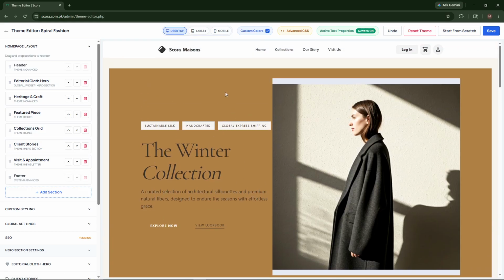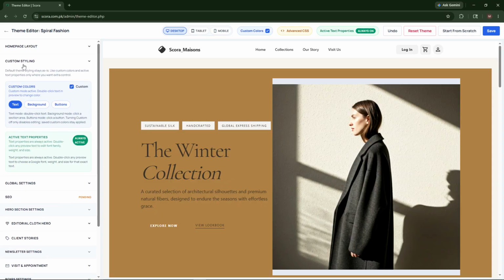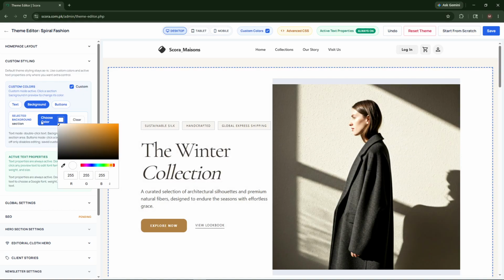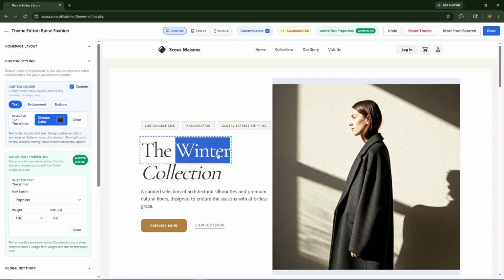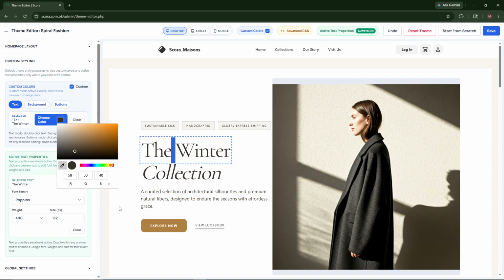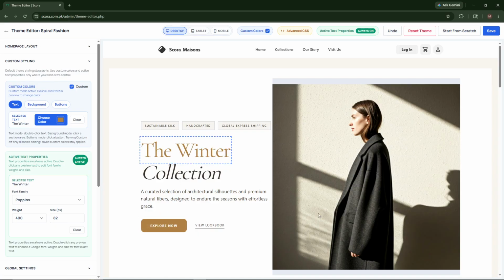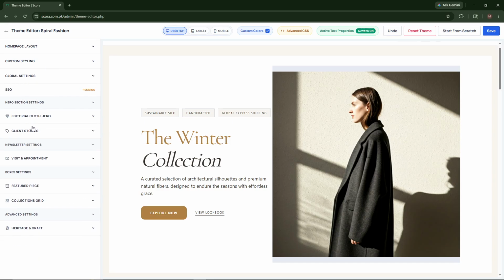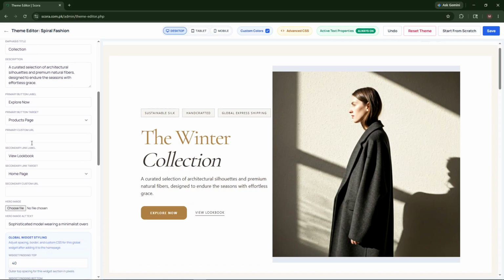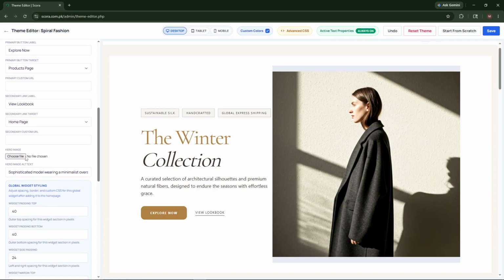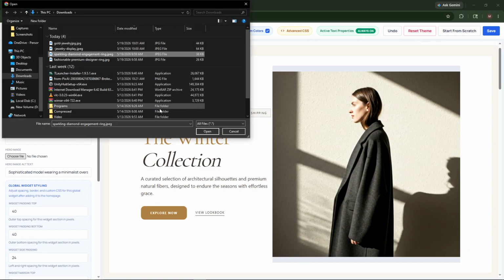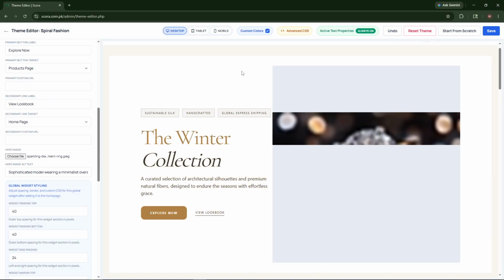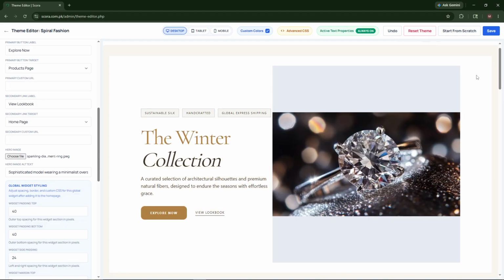To change them, you can also change its color by clicking on custom to change background color. Background color we will set to white and change the other colors, like as for text we will pick color and just this. And you can see our color is changed. As for this, you can also change images like this, and here it is. Here is session image, choose file. If you want this, just open it, and as you can see, these images appear here. This is how you can change and edit your theme.